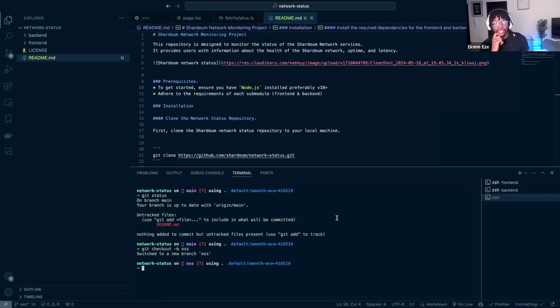Another thing that I want to call out with this branching thing is, if I didn't do what I just did, if I didn't switch to an OSS branch and worked in my main branch, it's still fine, right? Some people will frown on it, but I think it's still fine because I'm working on a fork of the project, right? I'm not working directly on that parent repository.